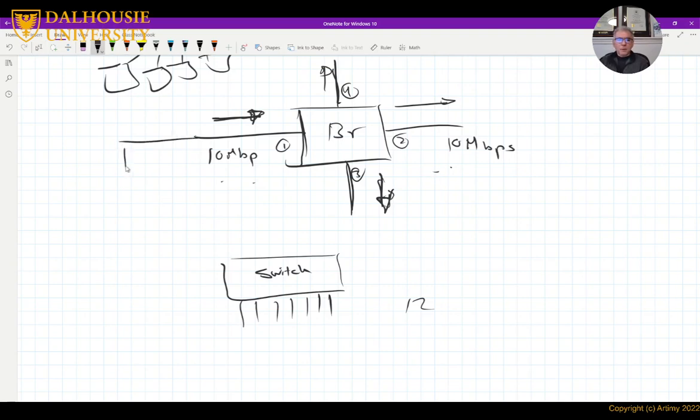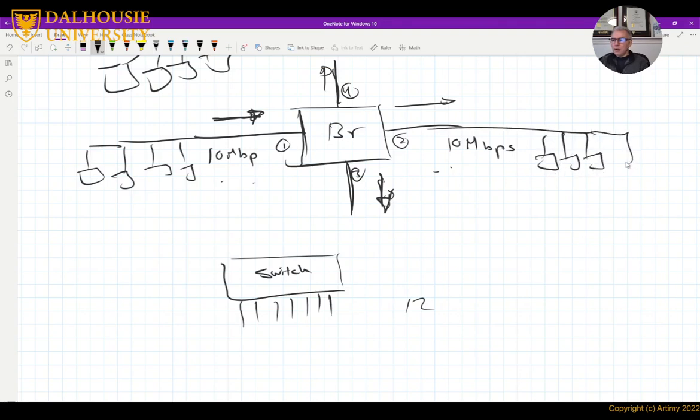If this segment has 4 nodes and this segment has 4 nodes, now we have 8 nodes, but each node will share 2.5 meg, right?